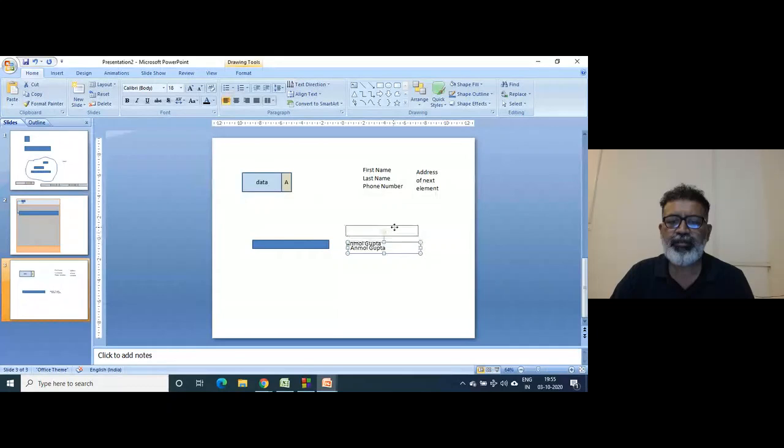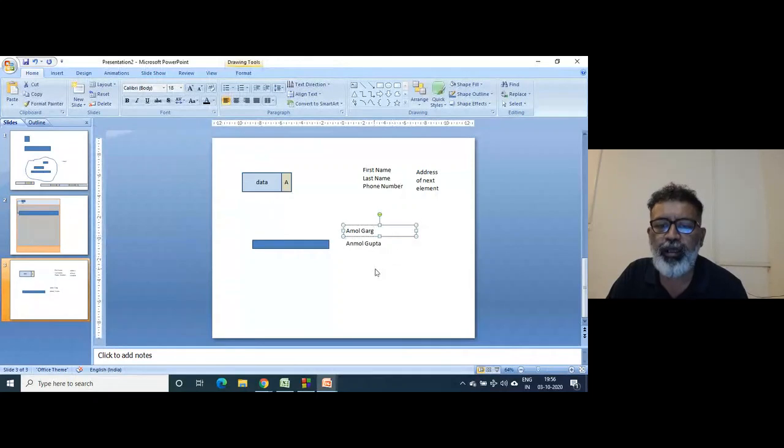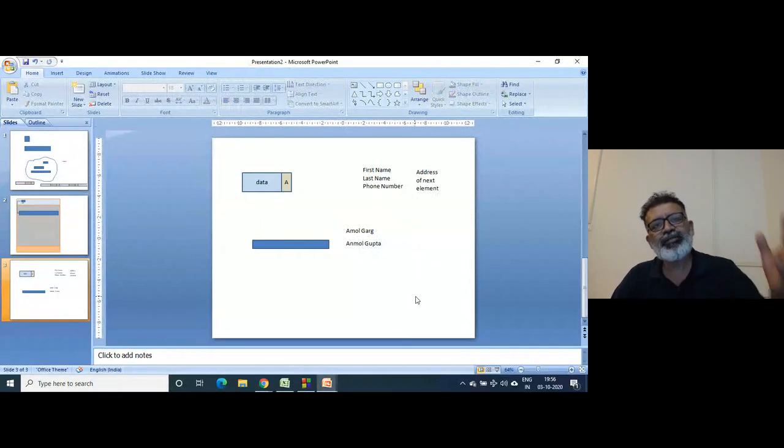Suppose his name is Amolkar. So see here, this Amol you will find before this, even though you have entered this as a second entry. Now, how does this take place? This takes place because of data structure, linked list, and again, the string comparison. A lot of things are there.